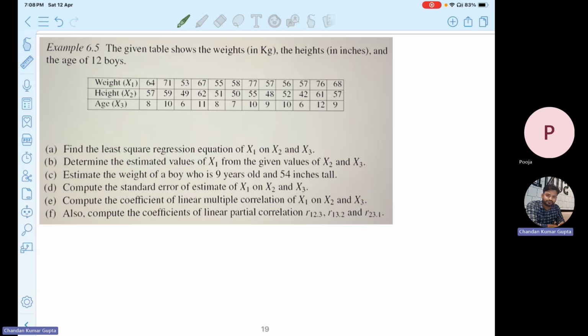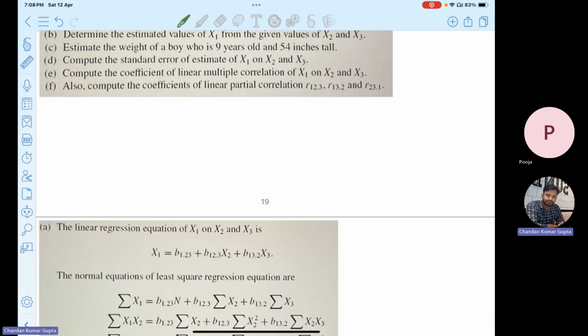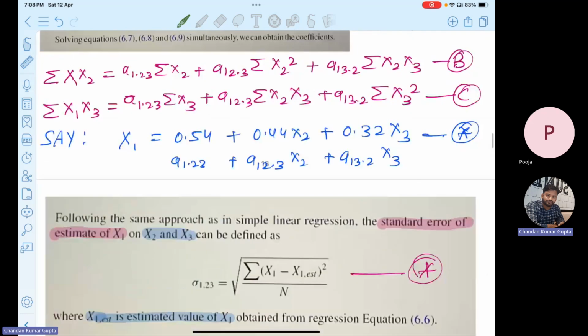Now the first one is to find the least square regression equation of x1 on x2 and x3. That means x1 is the dependent random variable, and x2 and x3 are independent, that is, x1 is regressed and x2 and x3 are the regressor or explanatory random variables. So let me write x1 equals, as we have already discussed above, if you may remember,